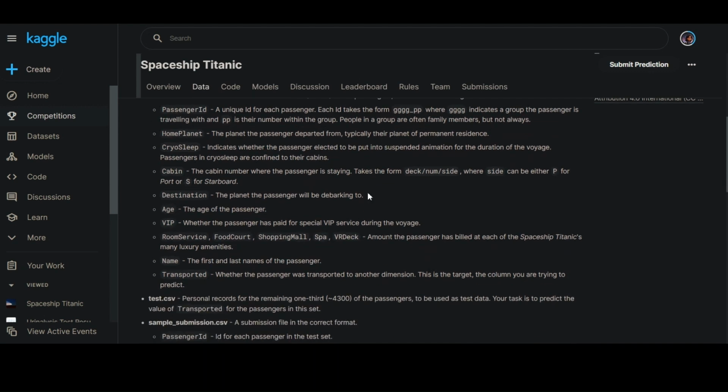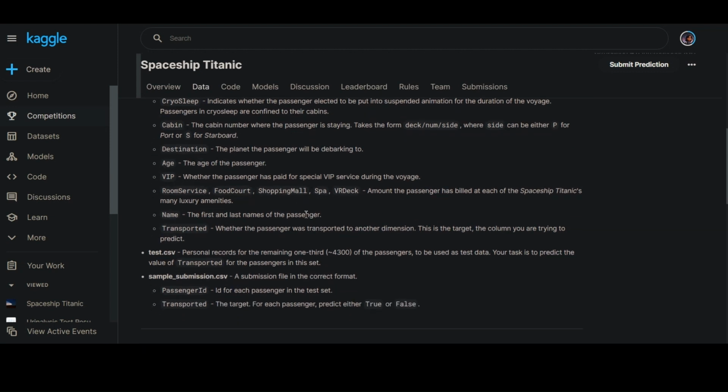Then the age of the passenger, whether they were in VIP or let's say business class or economy class. Then we have the amenities, where we have room service, food court, shopping mall. Then we have the name of the passenger, and this is the target column